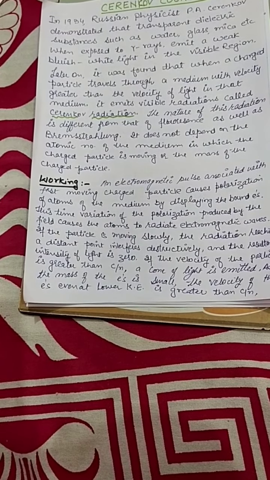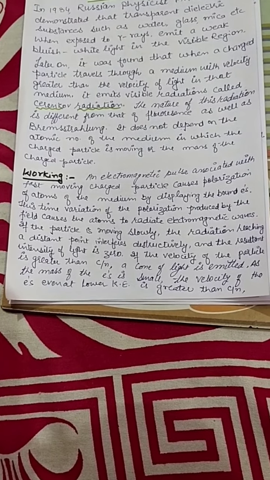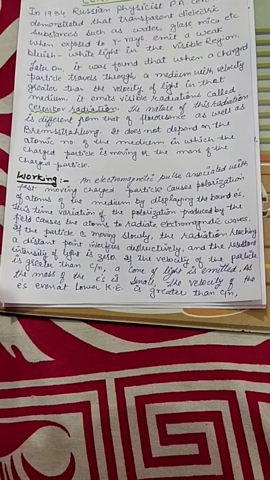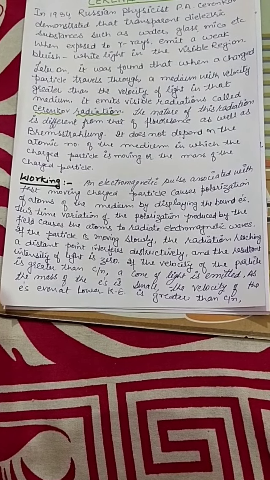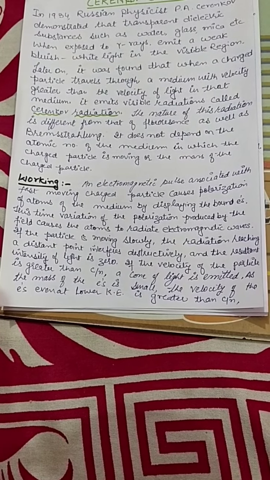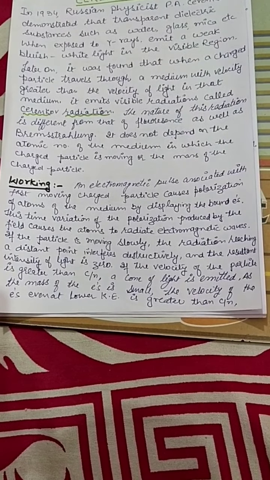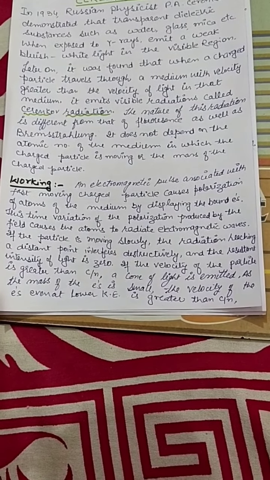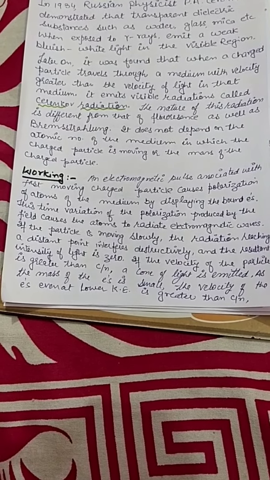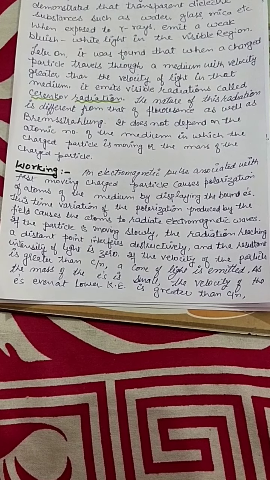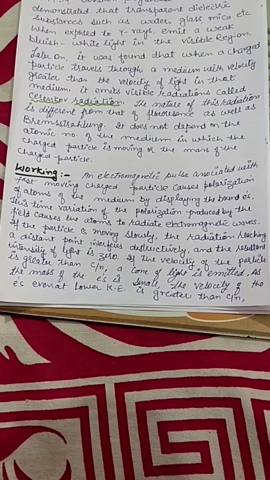As the mass of the electron is small, the velocity of the electron even at lower kinetic energy is greater than c upon n, which is the relation. Therefore, the energy loss due to Cherenkov radiations is more important for electrons. However, the energy loss due to Cherenkov radiations in case of electrons is smaller than that due to ionization and Bremsstrahlung. The Bremsstrahlung topic was also discussed in the previous chapter.